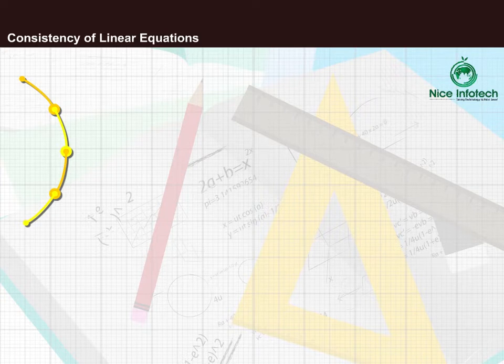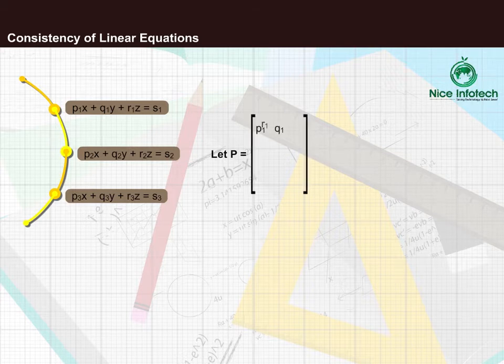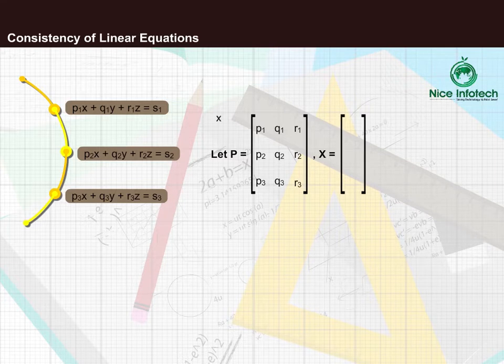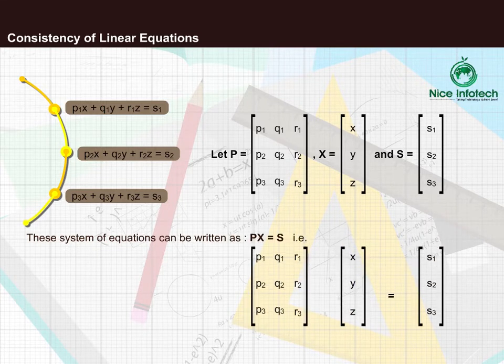Consider the system of equations P1x plus Q1y plus R1z equals S1, P2x plus Q2y plus R2z equals S2, P3x plus Q3y plus R3z equals S3. Let P, X and S be the matrices given as follows. This system of equations can be written as PX equals S, that is,